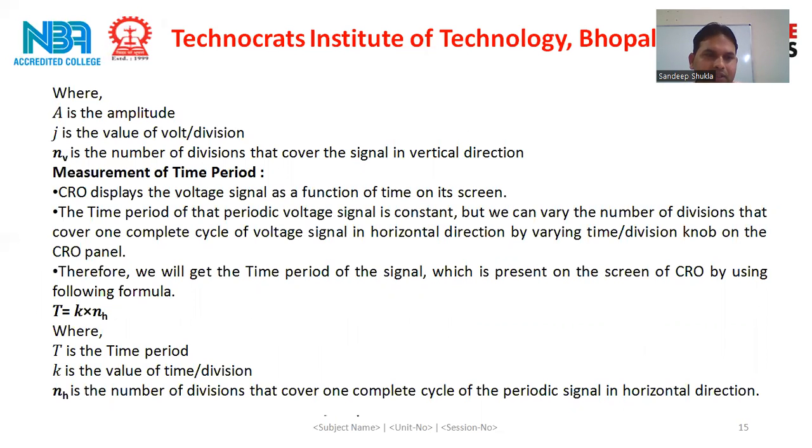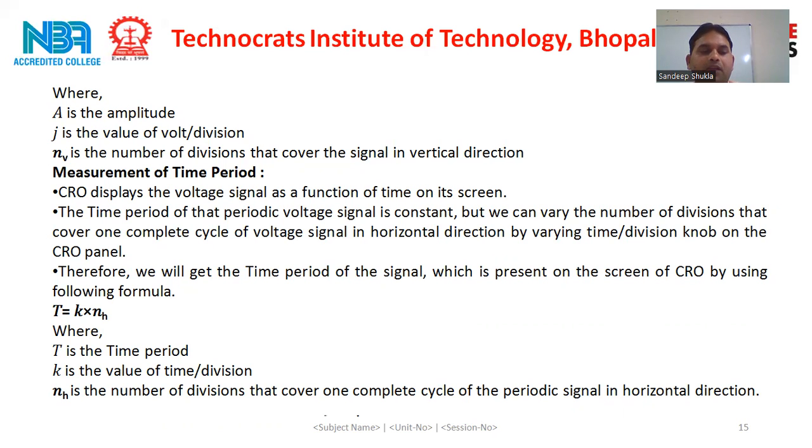How can we measure the time period by using a CRO? You can see here, the CRO displays the voltage signal as a function of time on its screen. The time period of that periodic voltage signal is constant, but we can vary the number of divisions that cover one complete cycle of the voltage signal in the horizontal direction by varying the time per division knob on the CRO panel. Therefore, we will get the time period of the signal which is present on the screen of the CRO by using the following formula: